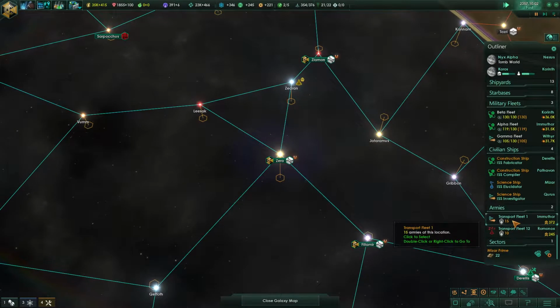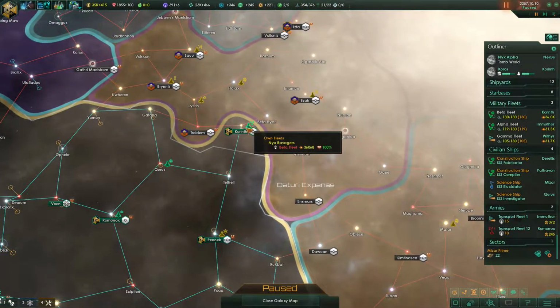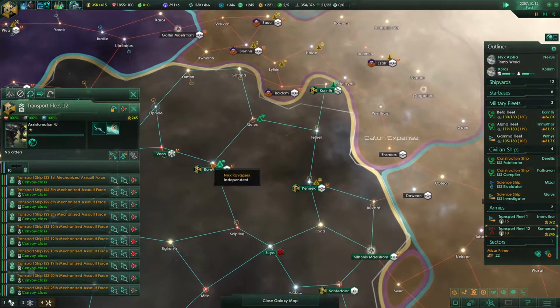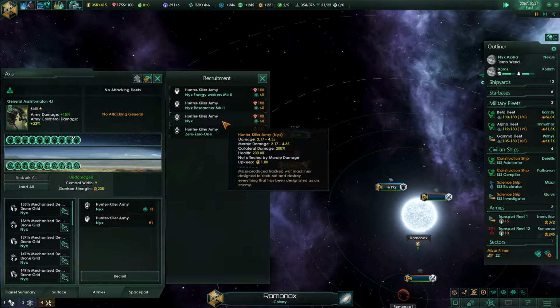Okay. Let's see our transport ships in position. Everything is set. The northern flank is ready, and transports are almost ready. It would be nice to get a few more. 10 is a bit too few. Okay, that's just a bit more. So once those